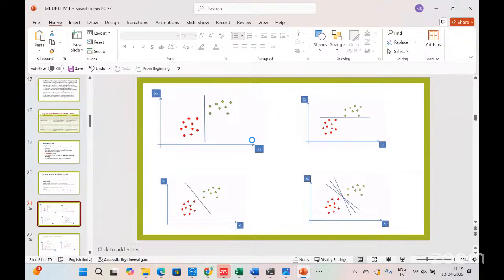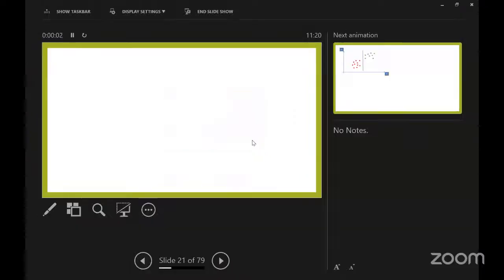So look at the board. Look at the board. Here we are seeing a graph. In this graph,